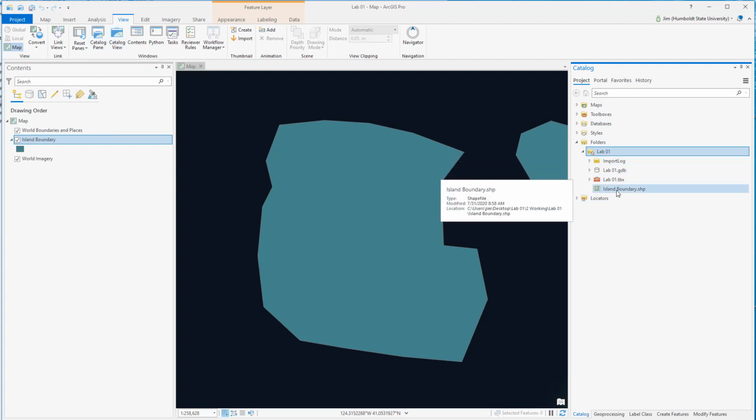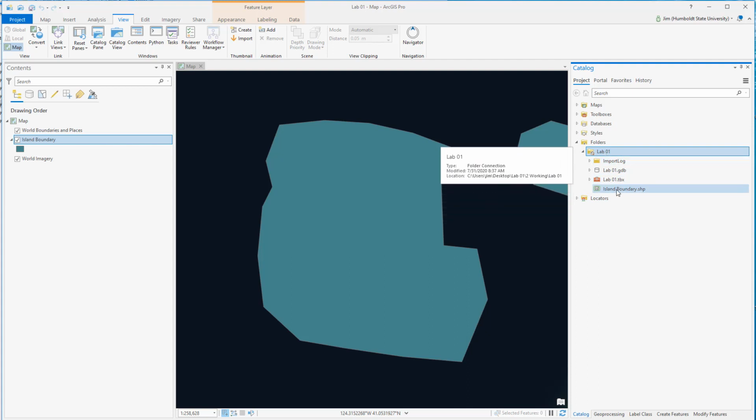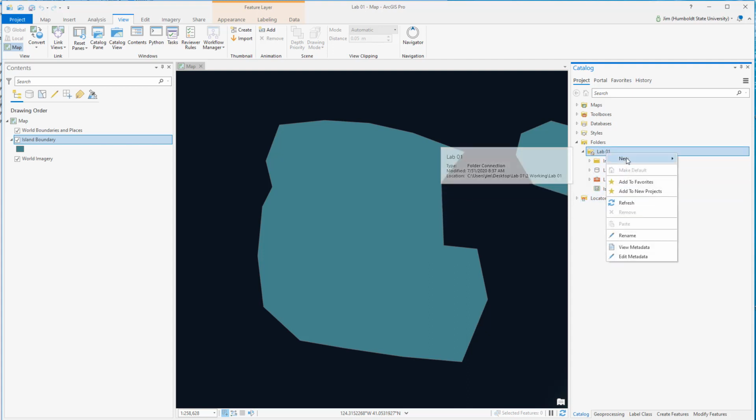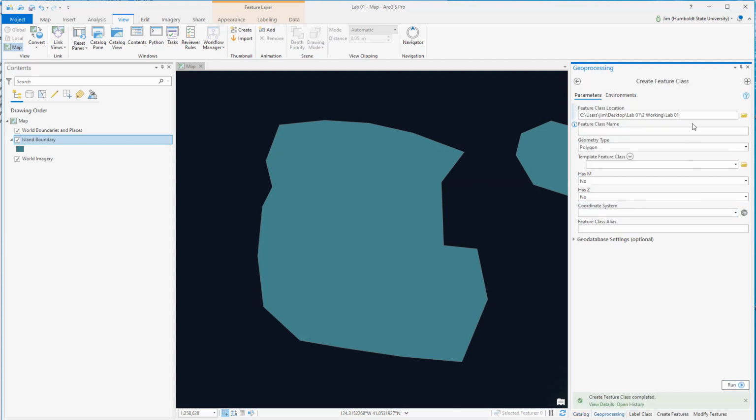All right, so if you go back to the catalog pane and you open up our lab one, this is the working folder. You can see, oh look, there's our shapefile we've created. We need to create another shapefile. So I right click on the lab, new shapefile. It's got the right file path, which you always want to check. And then I can do island